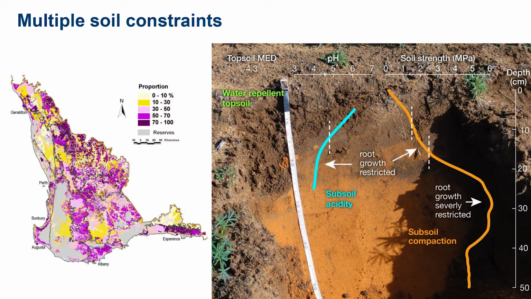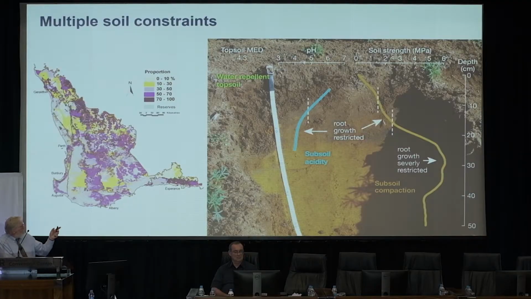Another driver for this research and the acceptance of some sort of tillage system is that you can see on the map here, any of the dark purple colours show that 50 to 100% of our soils have two or more significant soil constraints at the same time. On the profile there, we have water repellency in the surface, we have a soil acidity problem in the subsurface, and we've got a deeper compaction layer with high soil strength as a result of trafficking. Those measurements came from this profile before it had a disturbance